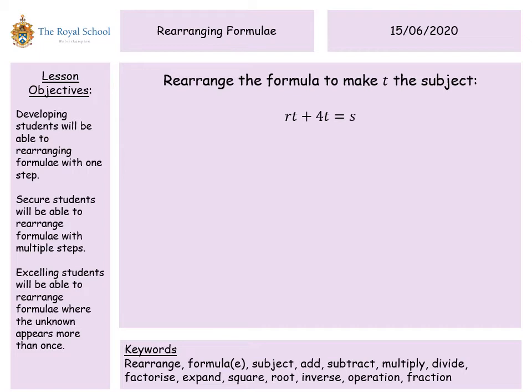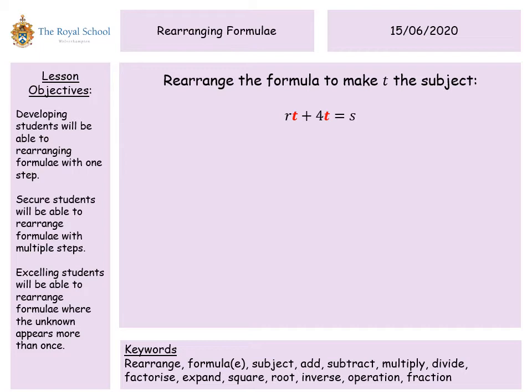So here, rearrange the formula to make T the subject. So our first step was to highlight those terms that include this letter T. There we go. The second step is to move them onto one side of our equation. So actually, the RT and the 4T are both on the left-hand side of the equals, so that's fine. They're already moved over. And the next step is to isolate them on their own,